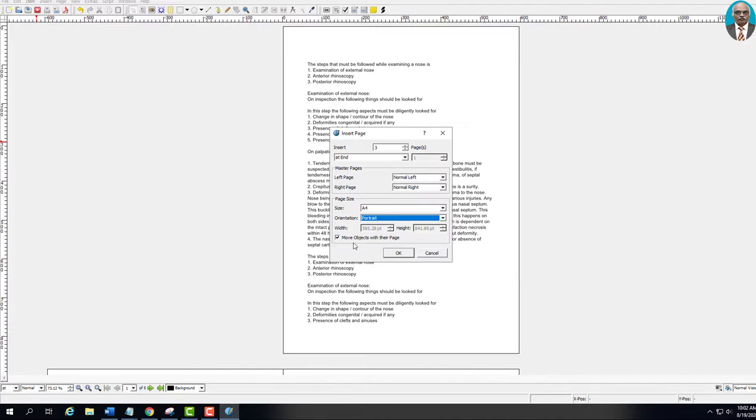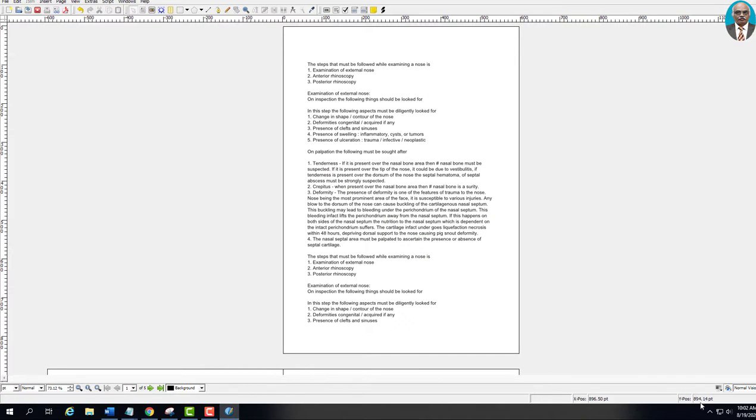And then here, move objects with their page. This is actually meant for creating the